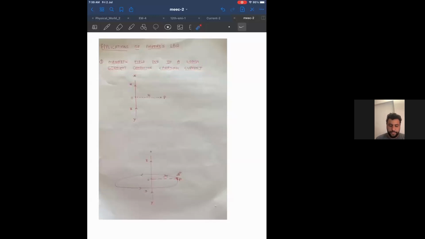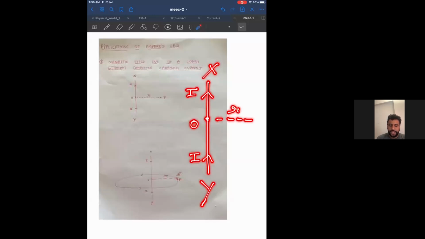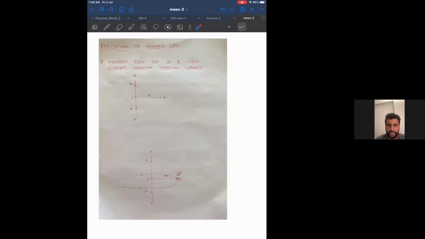So if you see the diagram, there is a long, straight conductor carrying current XY, and there is a current flowing, which is I, and this is maybe the center of a wire. And at some distance R, there is a point P. So I have to find magnetic induction at this point. And what is the speciality of this point? That this point is placed next to a wire carrying current.